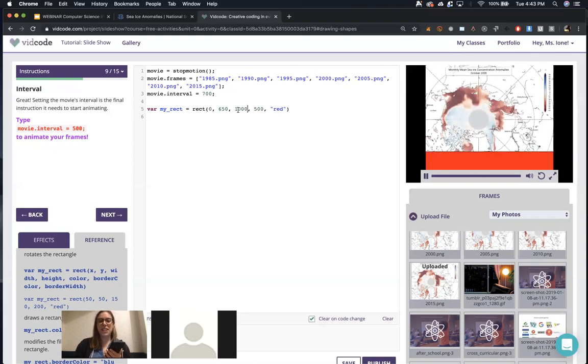Okay, so now it's stretching all the way across. The other thing I could have done is, for those of you who have used P5 before, I could do something like movie.width to have it do that math for me automatically. So now that I have this down here, I'm going to go ahead and